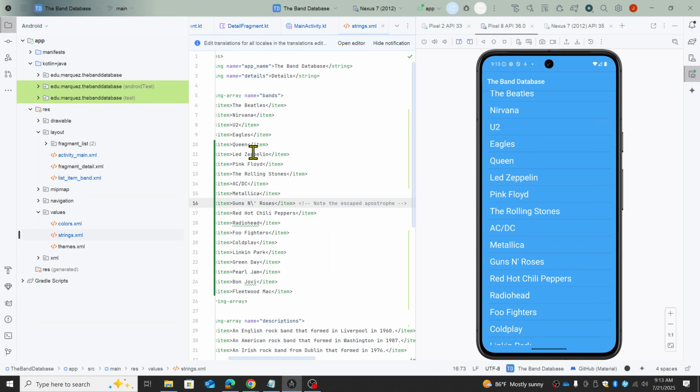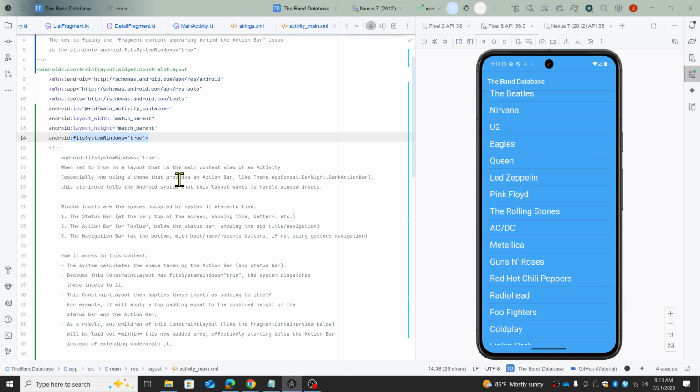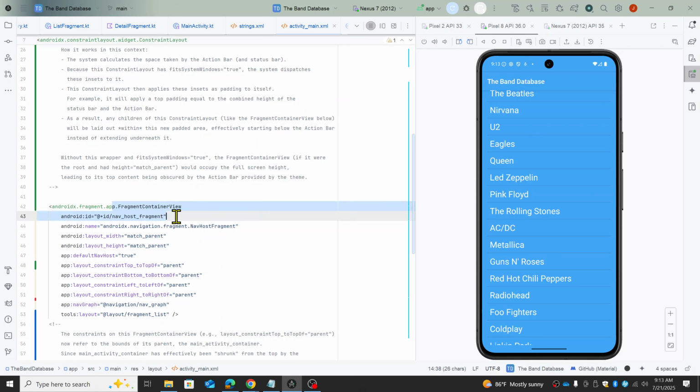The view is composed of the activity and the fragment layout files. And the main activity's layout, the activity main, right, specifies the fragment container view, which I showed right here. And it holds the nav host fragment, which serves as the container for the list fragment and the details fragment. When the app runs, the nav host